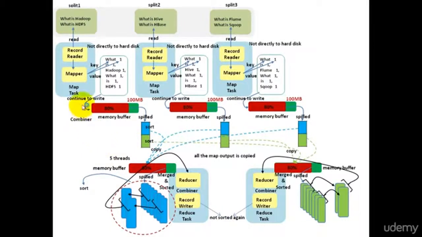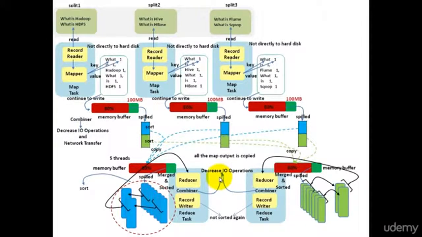Combiner function is used in the map phase as well as in the reduce phase. In the map phase, it is used to decrease the number of input-output operations and to decrease the data transferred across the network. In the reduce phase, it is used to decrease the number of input-output operations.